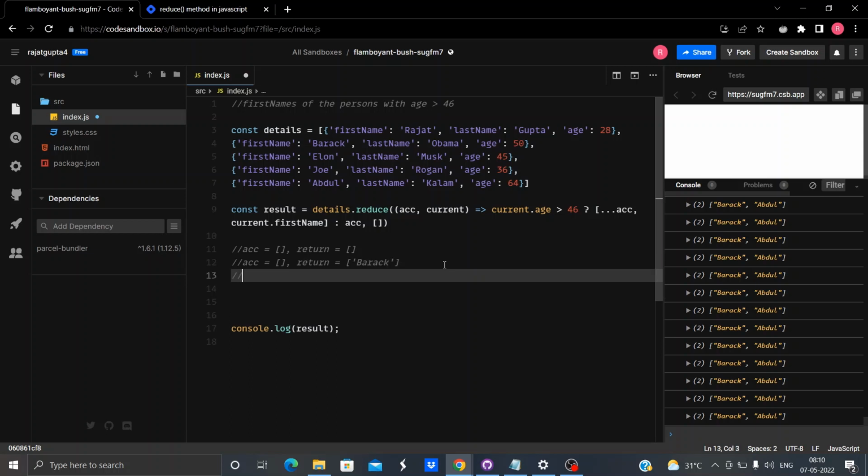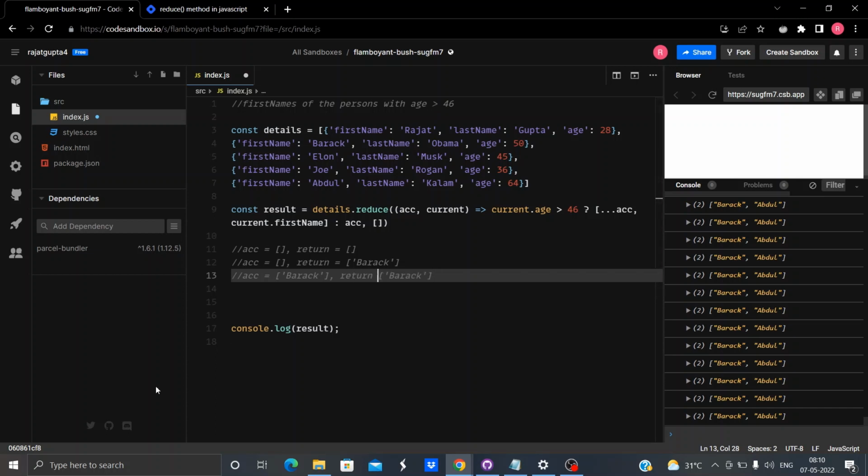Now we'll come to the next iteration. What will be the value of accumulator? Whatever was returned by the previous iteration. And this will be the value of current. Is current dot age greater than 46? No, it's not. So we'll return accumulator as it is.